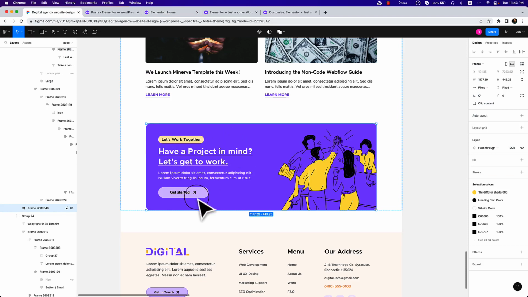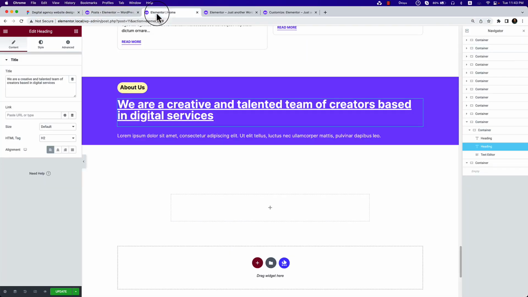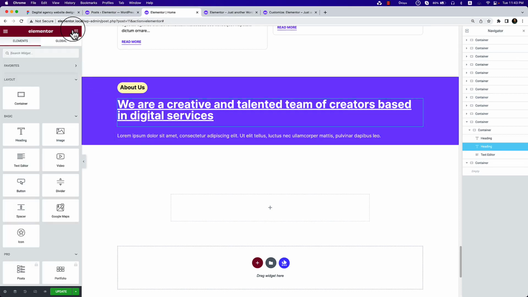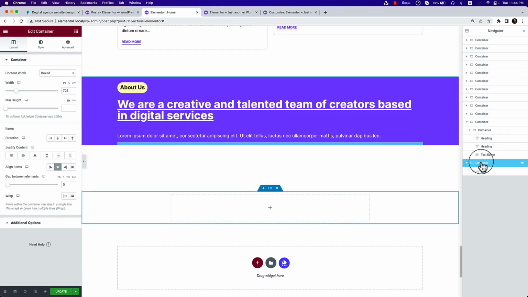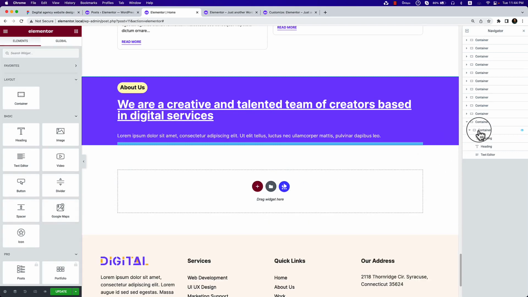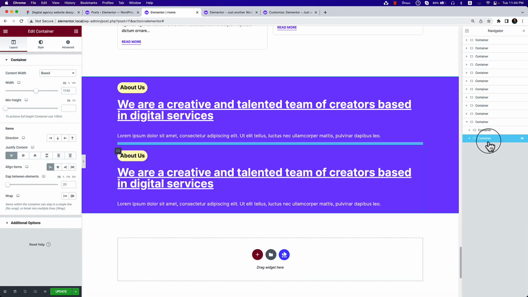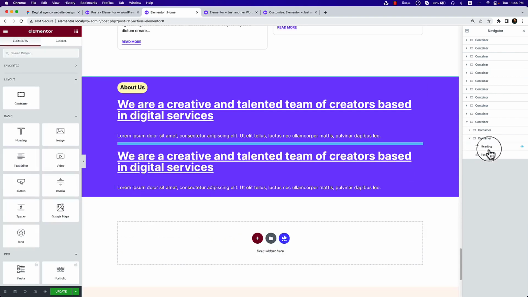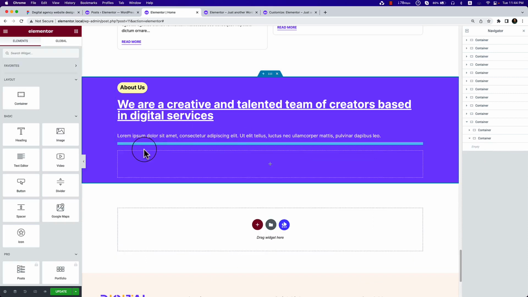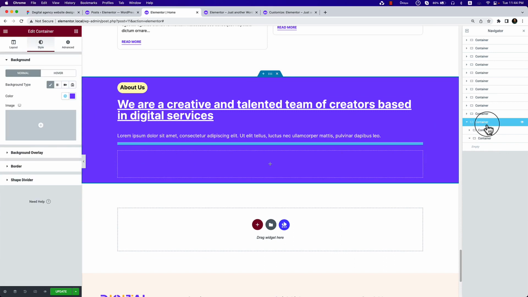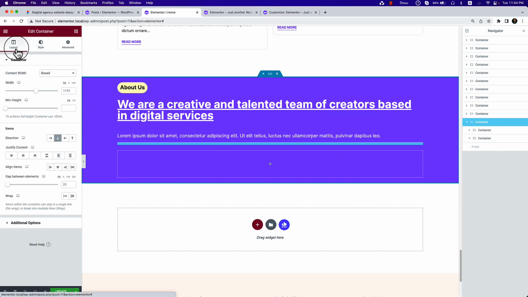So there is another column that I have to take. So add another column here, or container. Okay, it's not working. Simply duplicate this one and delete other elements from here. I'm pressing delete from my keyboard, and now select the container, go to layout,